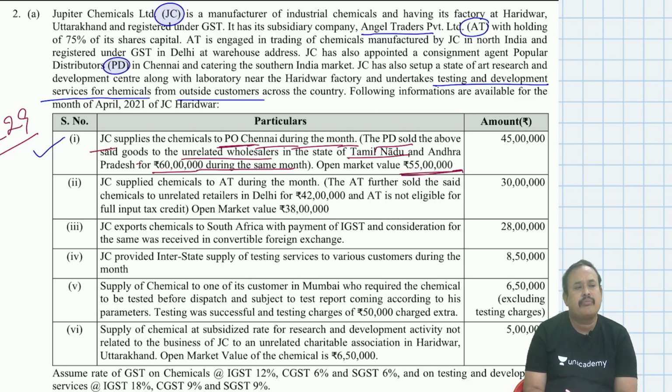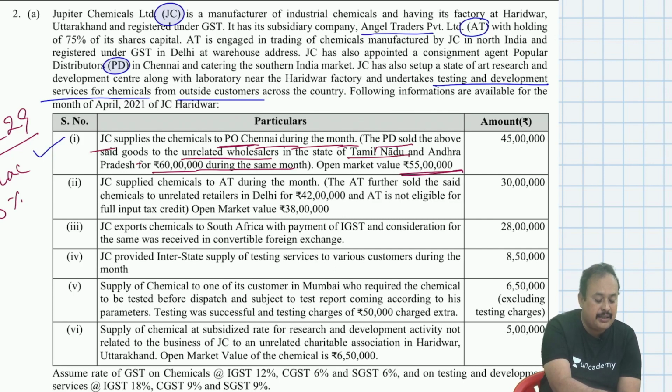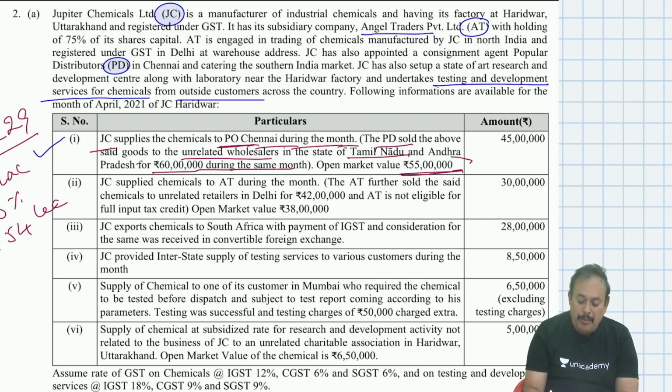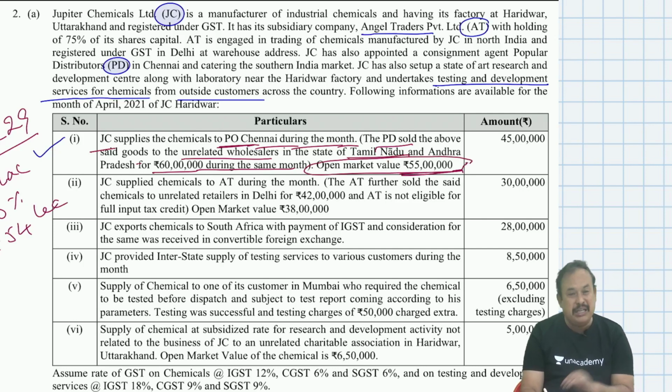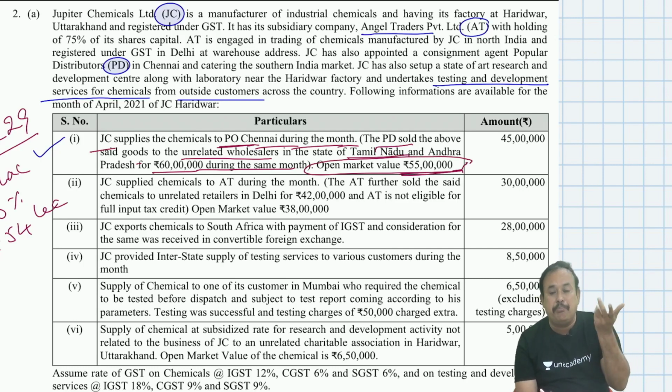Now, the agent sells to unrelated party at what price? At 60 lakh, on which 90% as per rule number 29, 90% of 60 lakh, which is 54 lakh, or open market value 55 lakh, which is beneficial, that can be chosen by the principal,